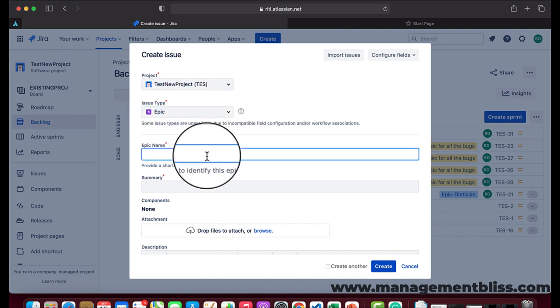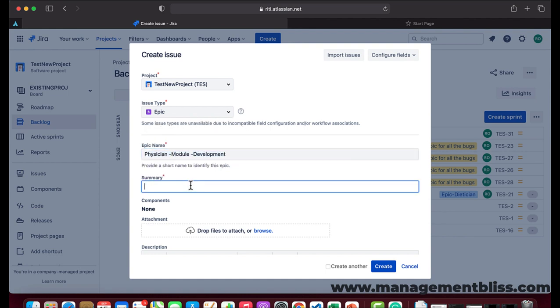Let's give the epic a valid name. So I have given a name, physician module development, and then let's give a summary, and in the summary we can give some idea about the epic, what we actually want to achieve from that epic.